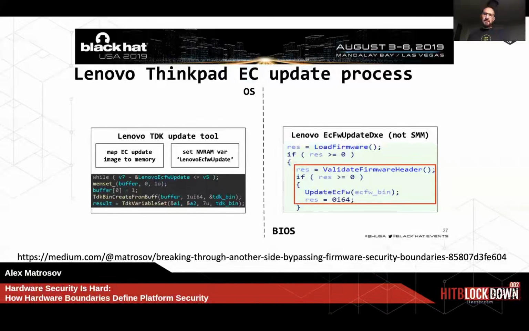Basically, the firmware loads the firmware image into firmware memory and starts validating the firmware header, and after that updates